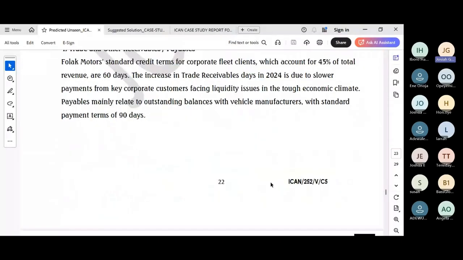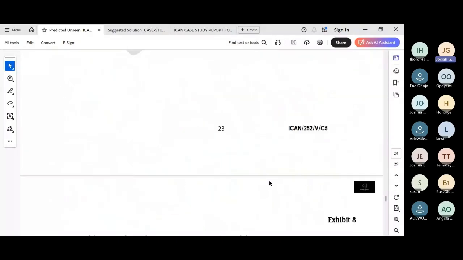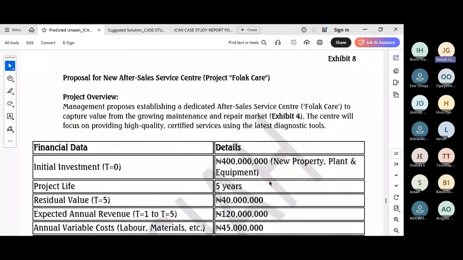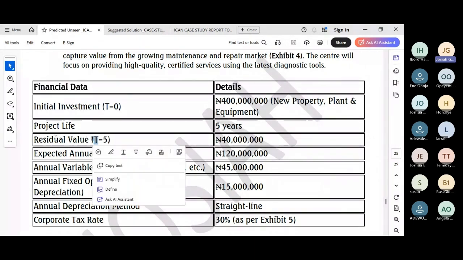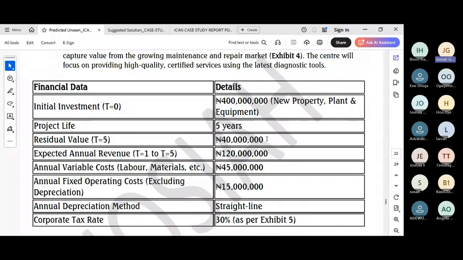All right, so let's go to Exhibit 8 and see the nitty-gritties. So Exhibit 8 has the proposal. We have the initial investment, which is 400 million on property, plant, and equipment. And the project is for 5 years. Then we have the residual value. This T is time, and the time is 5 years, which is 40 million,